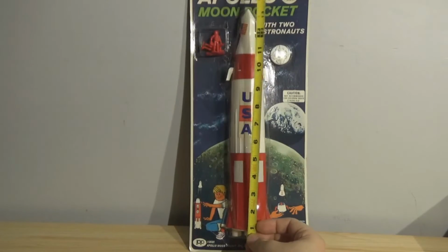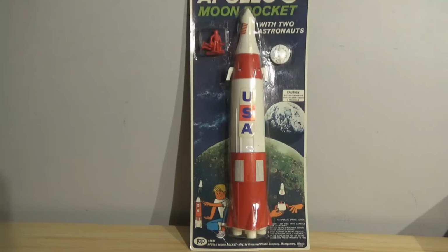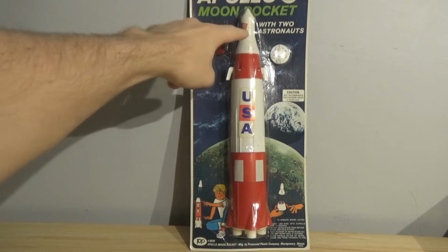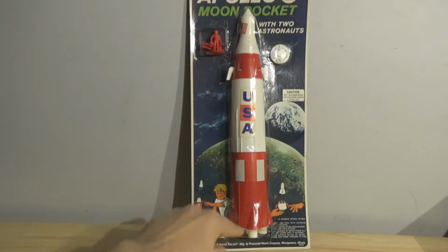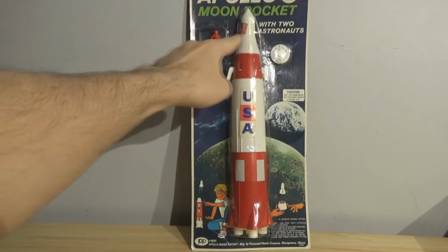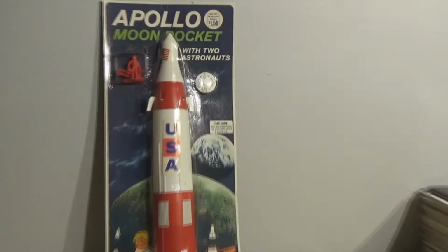And I'm sure the astronauts and the rocket themselves are not scaled to each other properly anyway. Yeah, it's 14 inches tall. And it's a multi-stage rocket because this whole thing does come apart. You've got the capsule itself. Everywhere you see a split, it does come apart. So you get the capsule, the astronauts do fit inside, and then this plug that looks like it's got landing gear